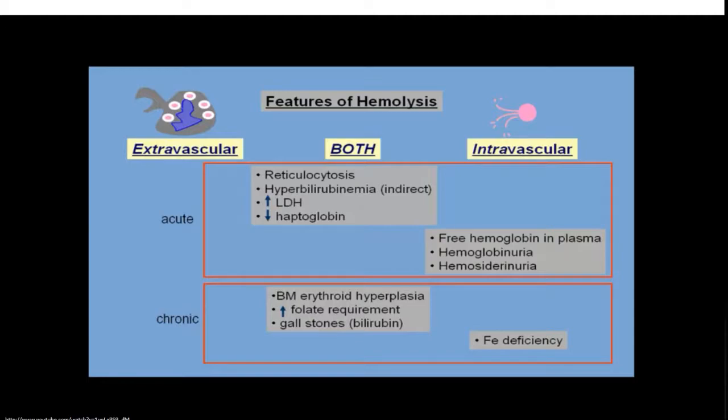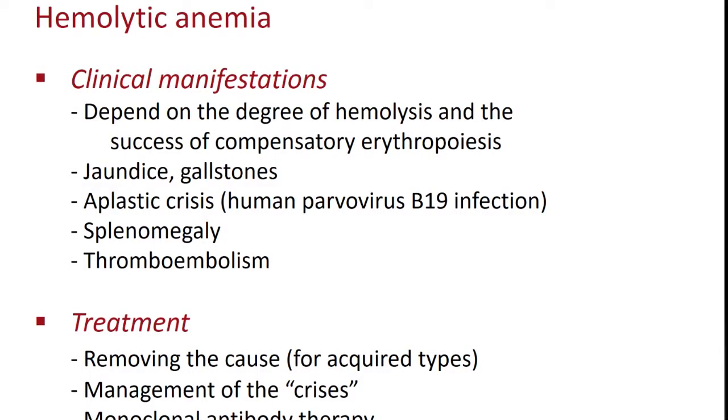Clinical manifestations of hemolytic anemias: you are going to get the manifestations of anemia and the manifestations of hemolysis, and they depend on the degree of hemolysis. So in addition to the tiredness, fatigue, and pallor, you can get jaundice, too much bilirubin. You can get gallstones. Although the bone marrow in hemolytic anemia is compensating by being hyperactive, sometimes it stops working